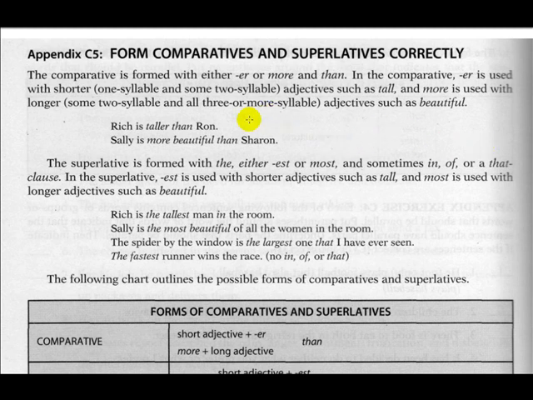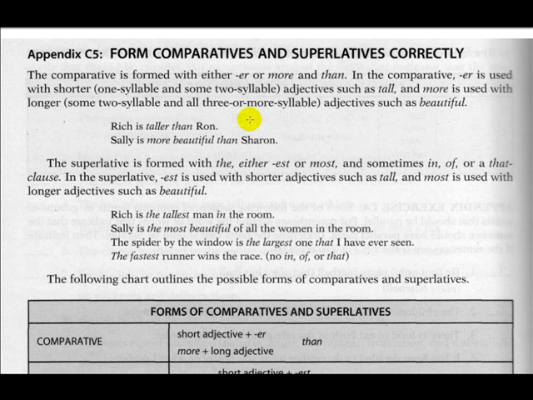Rich is taller than Ron. Here we have that arrangement. Rich is taller. Okay, since it's one syllable, we use ER. Rich is taller than Ron. And the second one is